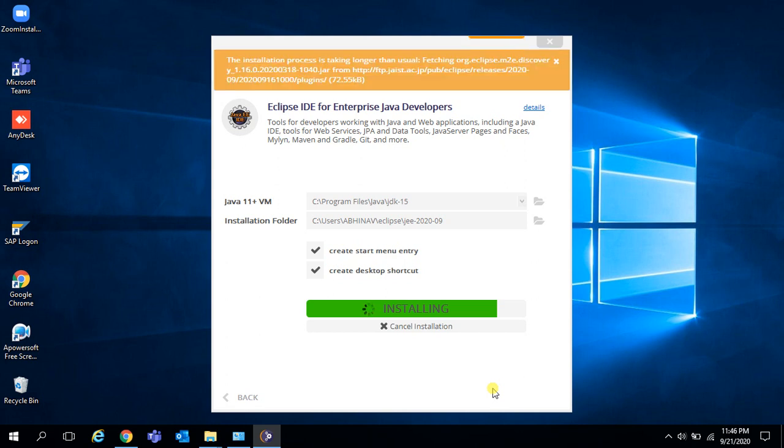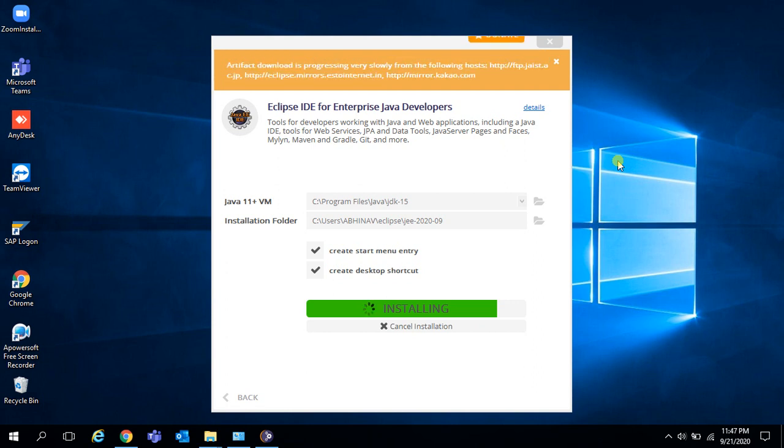So it is going to be installed. It is the latest version of Eclipse IDE for Windows 64-bit operating system.